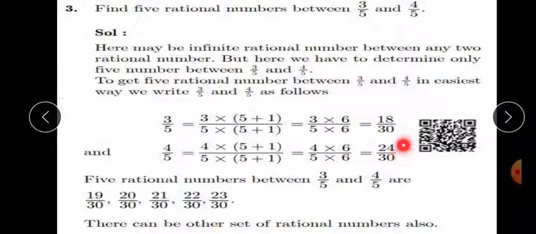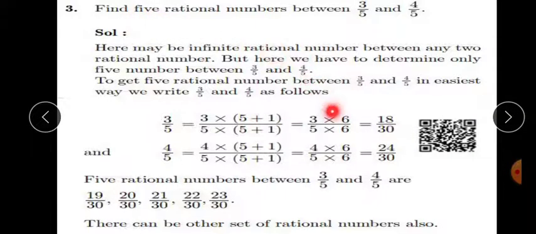So now we have to find 5 rational numbers between these two. That means between 18 and 24 we have to find 5 numbers, as because denominators are same. So very simple. After 18 comes 19 by 30, 20 by 30, 21 by 30, 22 by 30 and 23 by 30. So very simple technique is that if the question here asked is 7, you add 7 plus 1,